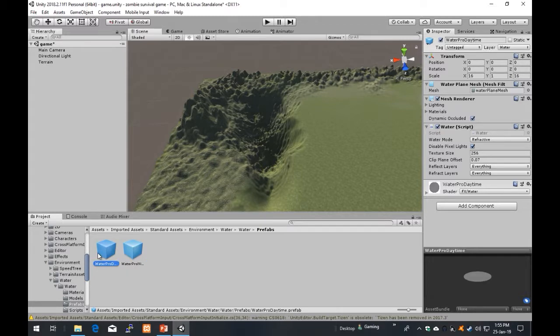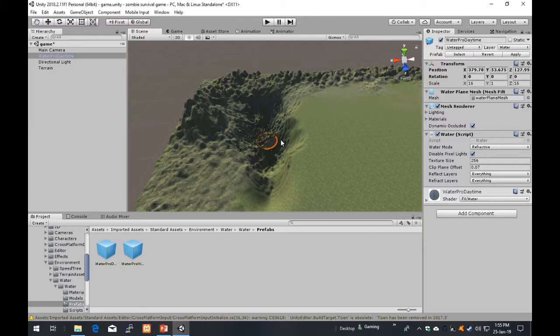I'm going to put daytime for now, but one of the things you may want to consider is making it nighttime, but I will look at that later. We'll just put daytime for now. I'm going to drag it and drop it in there,